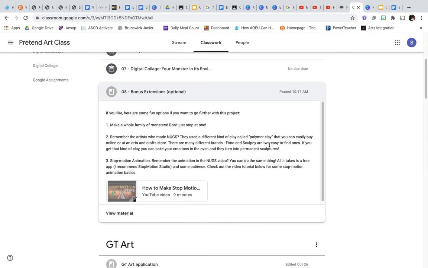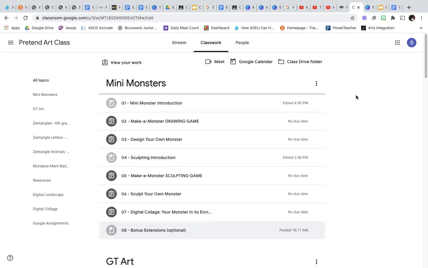They can find some of the actual polymer clay that was shown in some of the previous videos, and they can make permanent sculptures. And they can also, as shown in one of the previous videos, experiment with using their sculpture to do stop motion animation. So those are extensions for that category, extend. So that is a very ambitious assignment that I did for this week, using how I organize things in Google Classroom as an online learning guide,